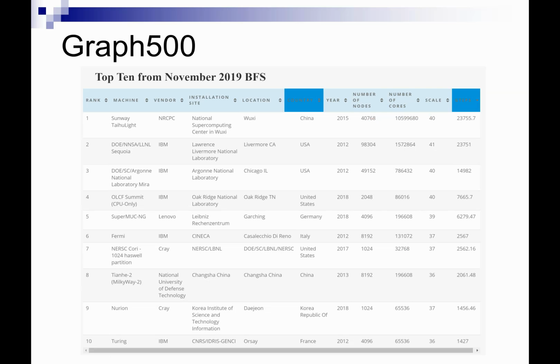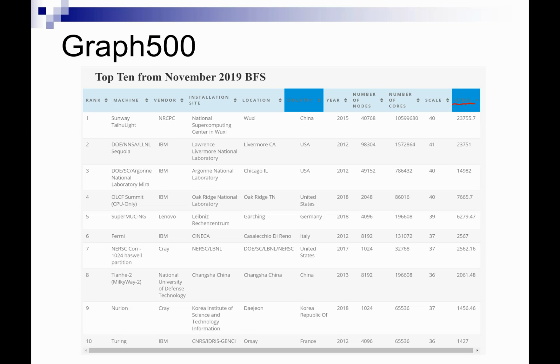Okay, so next we can look at the Graph 500 benchmark, right? What this benchmark is measuring is a measure called GTEPS. This stands for billions, which is the G, of traversed edges per second. Because what we're doing is breadth first search, the way that you measure the performance is just how many edges for this BFS can you do per second. So you see that the Taihu computer is doing about